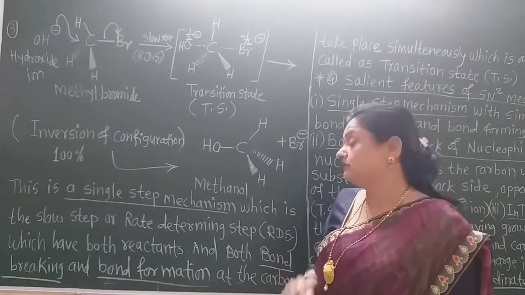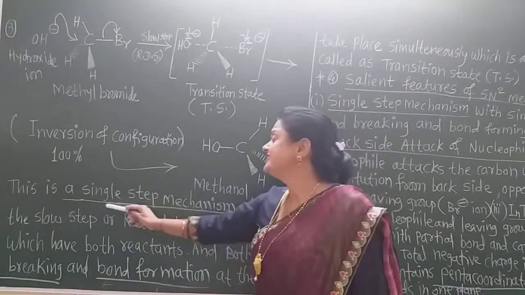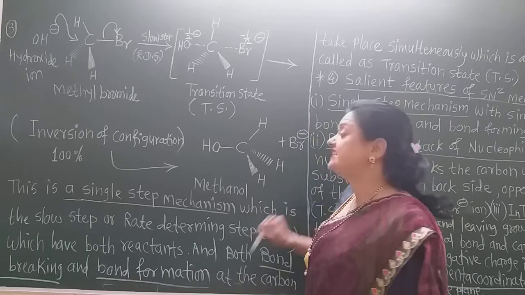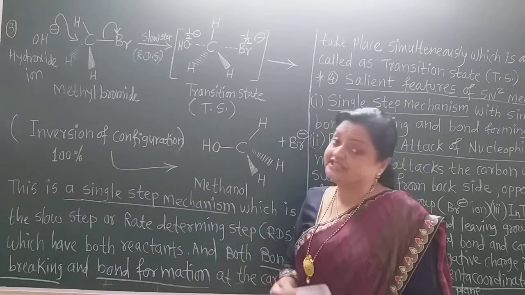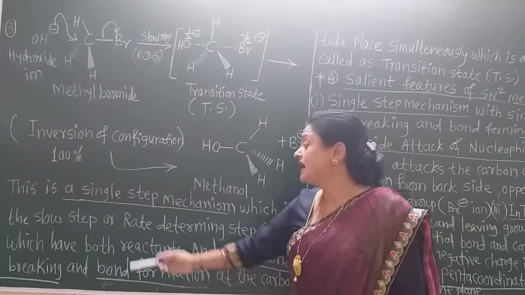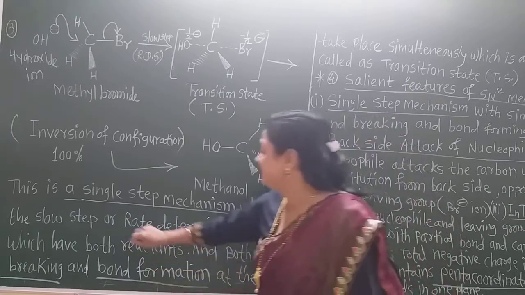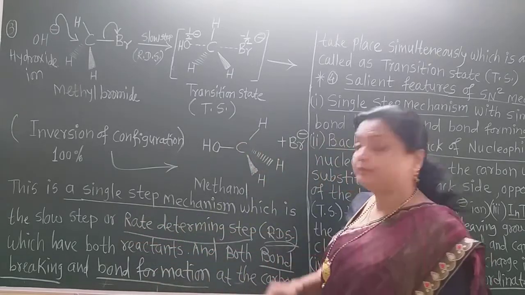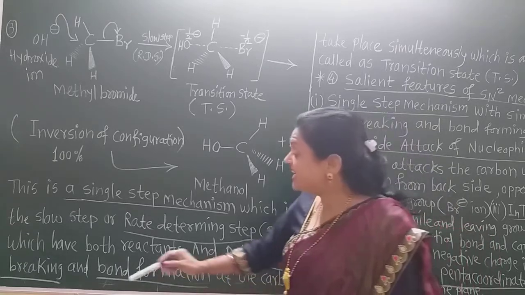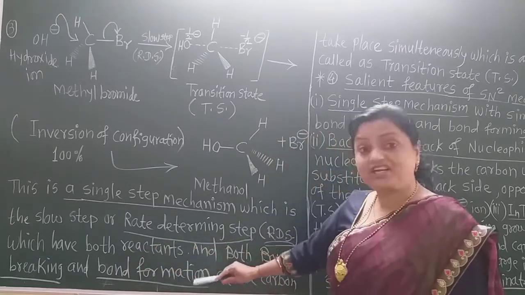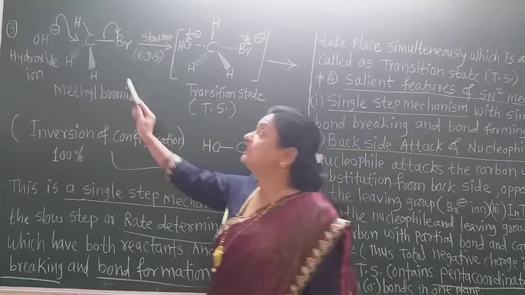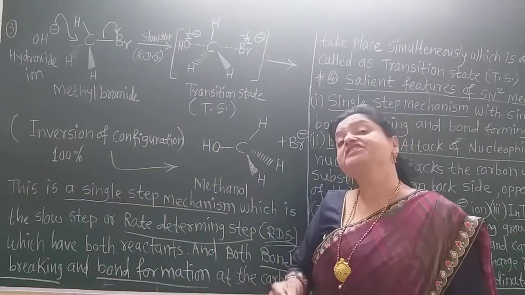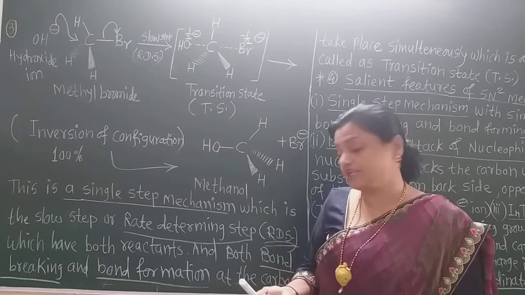So this is a single step mechanism, which is the slow step. That single step is the slow step, and it is the rate determining step, that is the RDS, rate determining step, which has both reactants. In that step, both reactants are there, and so it is bimolecular,